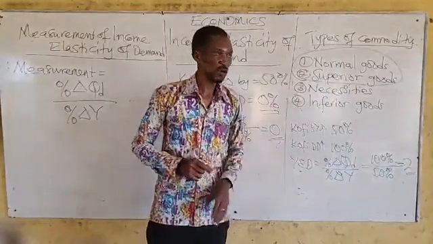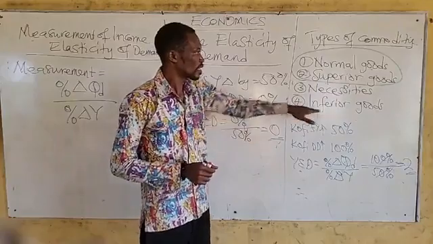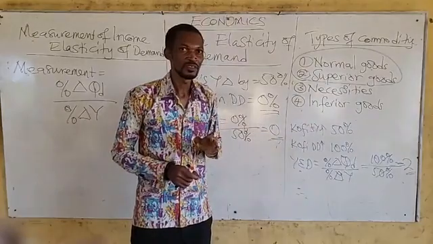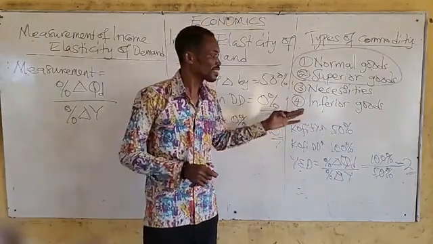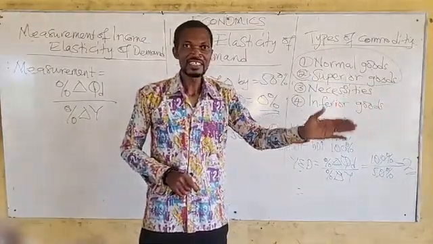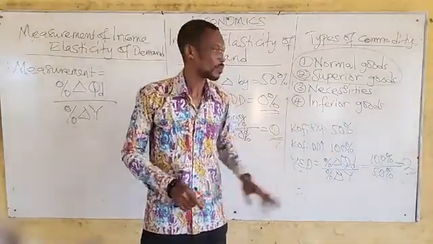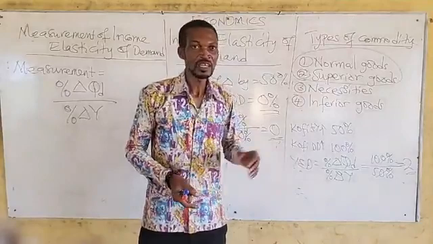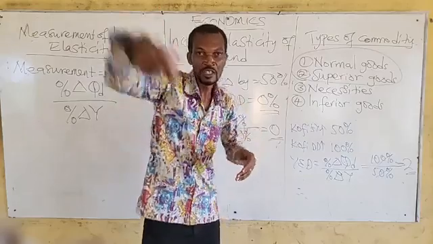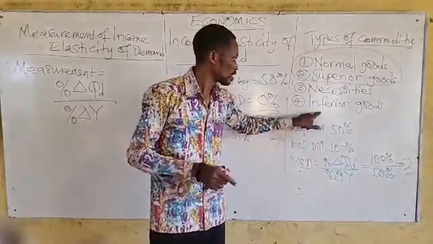Now we move to the last one, which you call inferior goods. We use income elasticity to interpret this type of commodity. And as the name sounds, it sounds like inferior. Simply put, when the income of the person increases and it results in a lesser demand for that particular commodity, then that commodity can be termed an inferior commodity. For instance, your income has gone up by 100% and your demand for the commodity has reduced. I'm saying reduced, not increased. It has gone down by 10%. That commodity is an inferior commodity.